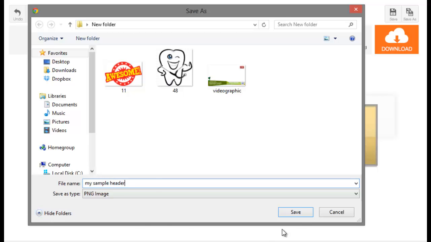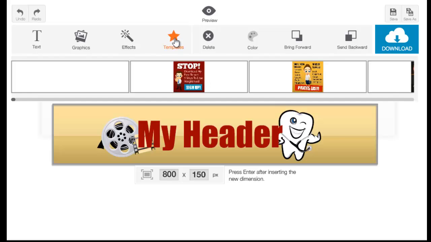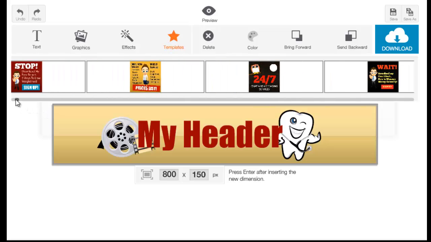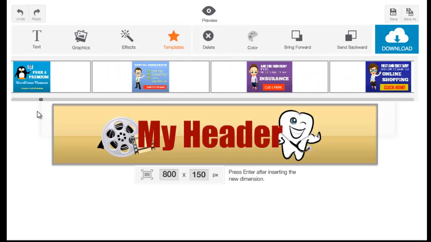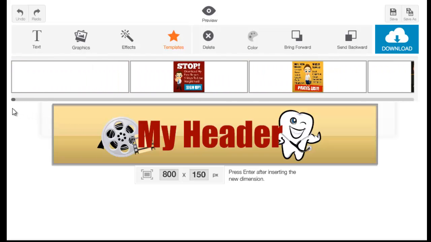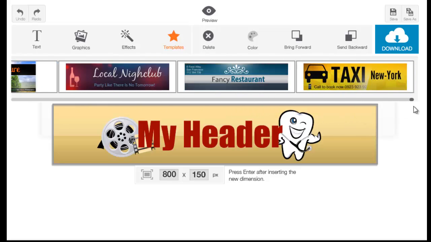and then hit save. So now that I've created my own header, I'm going to show you the templates. These templates are really very useful so that you don't start from scratch. You can save the effort, the time, and of course you can have good creativity coming up. To use these templates, as you can see, we have a lot of templates here. Just click on any of these. For example, I'm going to click this last template,